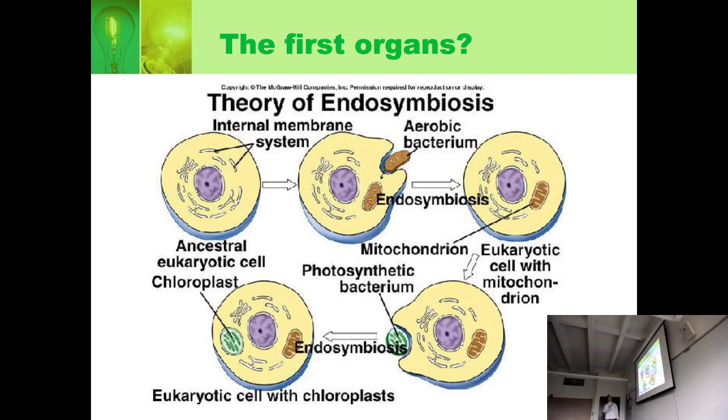And so the theory about how we got these little bubbles that are the size of bacteria and are even genetically distinct like bacteria are, they even have circular genomes like bacteria. So the idea is that a long time ago they were bacteria. And chloroplasts look sort of the same, but it seems like mitochondria are more fundamental. So the idea is that endosymbiosis is how things originally came about.